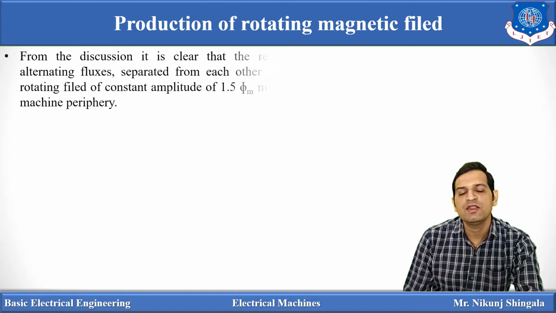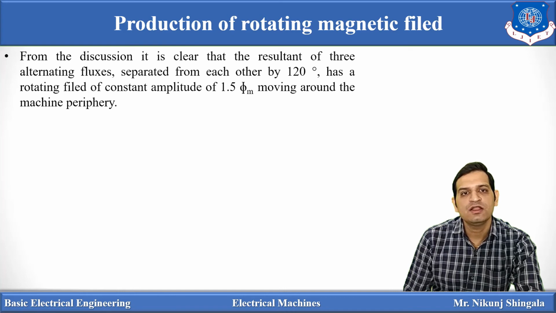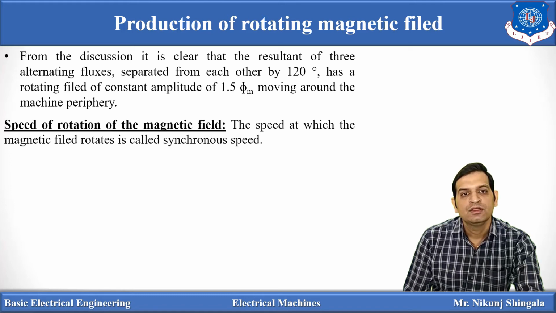So from all this discussion we can say resultant of three alternating flux separated from each other by 120 degree has a rotating field of constant amplitude, that is 1.5 phi m, and moving around the machine periphery. And that's why when the stator winding is given three-phase supply, a rotating magnetic field is produced which is having same magnitude at every instant. The speed at which the magnetic field rotates is called synchronous speed,